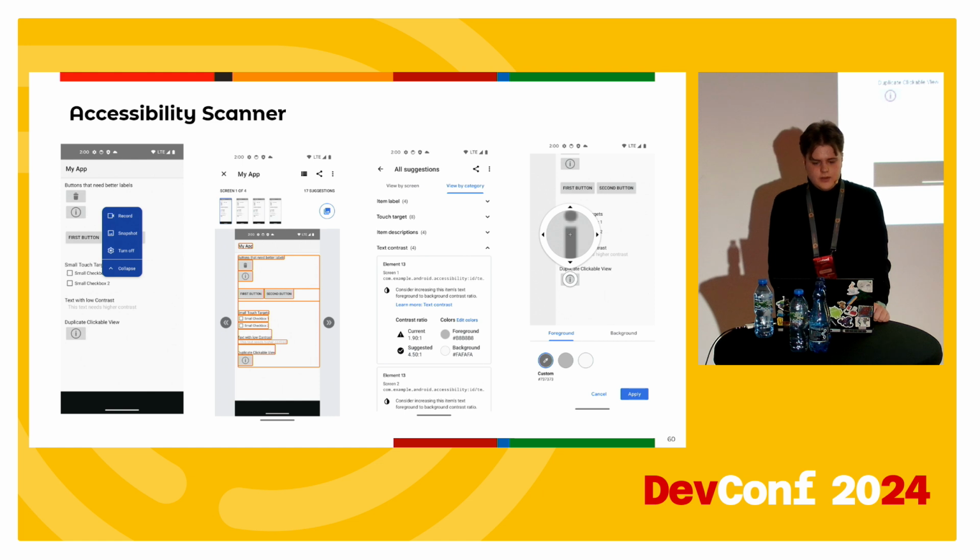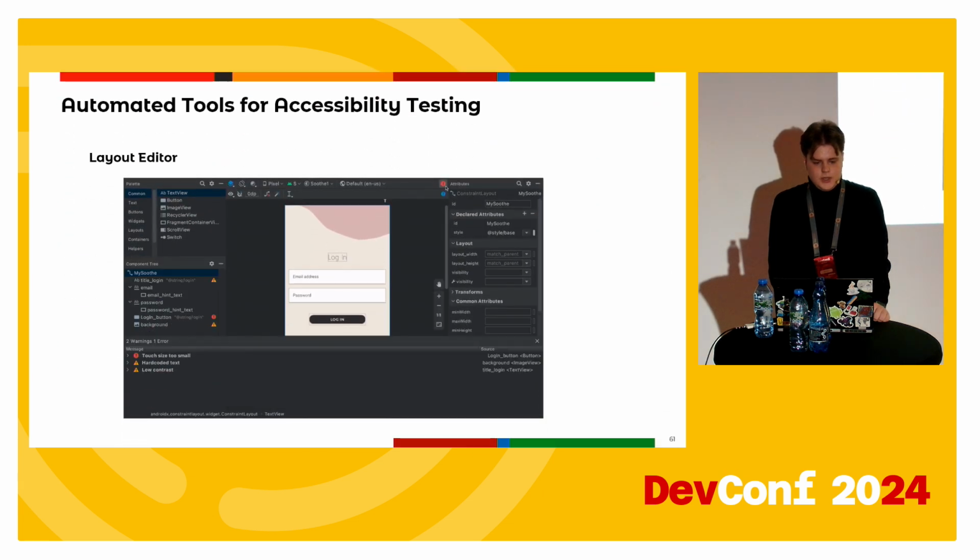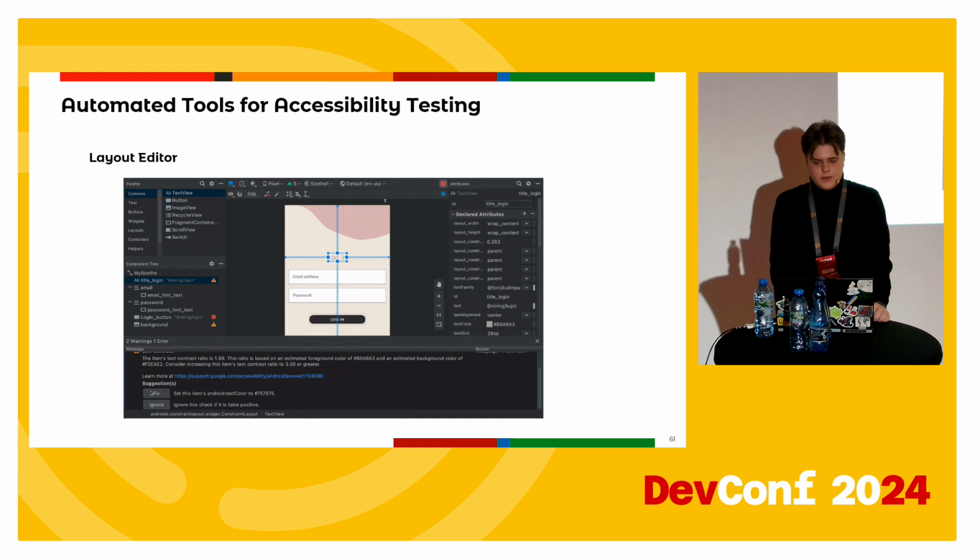The great thing is that you can use Accessibility Scanner with any Android app, whether it's a native Android app or built with cross-platform technologies like Flutter or Kotlin Multiplatform. You can even use it with progressive web applications. But even without a scanner, you can find out how accessibility friendly your UI is.